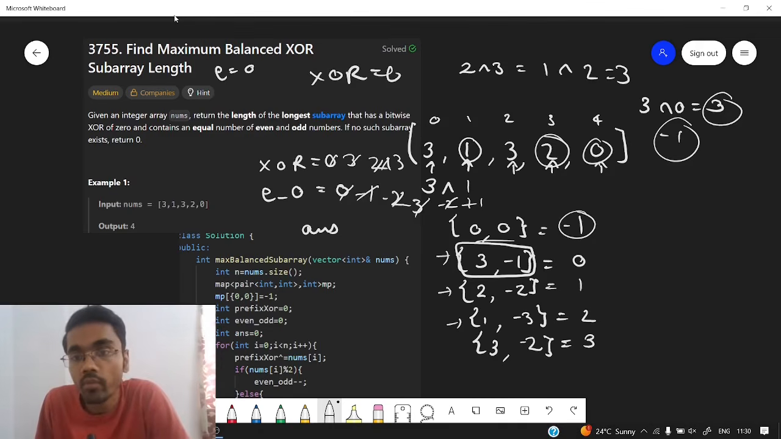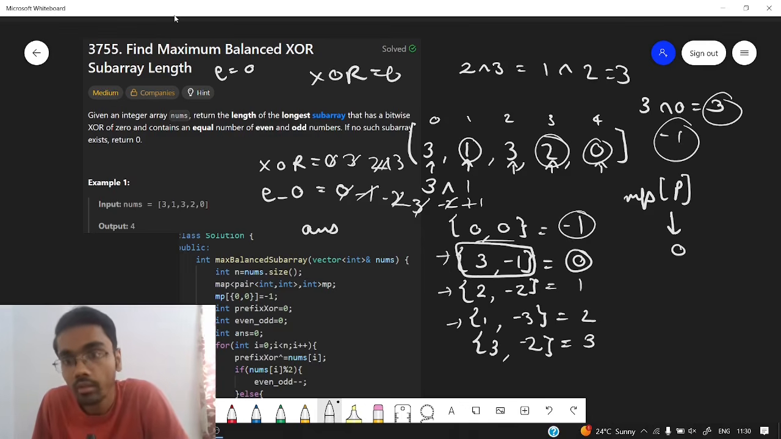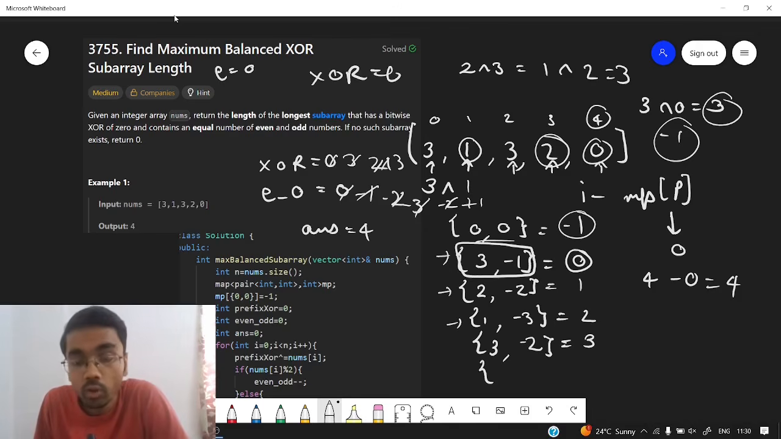So what we will do is find the length of the particular subarray. And what would be the length? That length would be the current index minus the previous index where we found the pair. And how will we find that? MP of the current pair gives us the index, in this case it is 0, and we subtract it from the current index. The current index is 4, so I minus MP of the current pair: I is 4 and 0 is the previous index where we found the pair, so it gives us 4. So we will update our answer by 4,